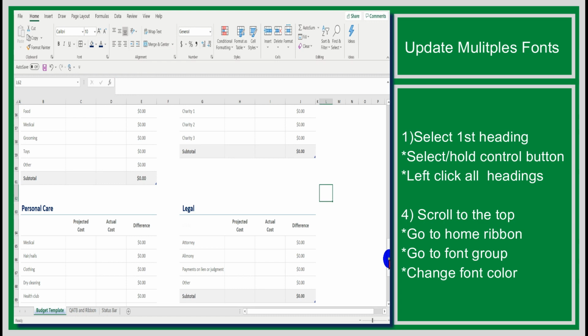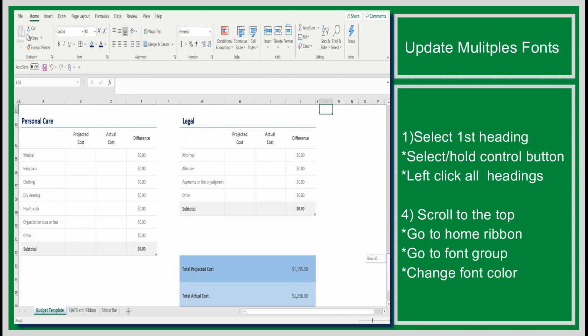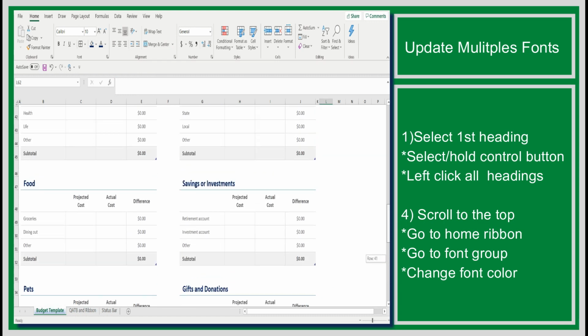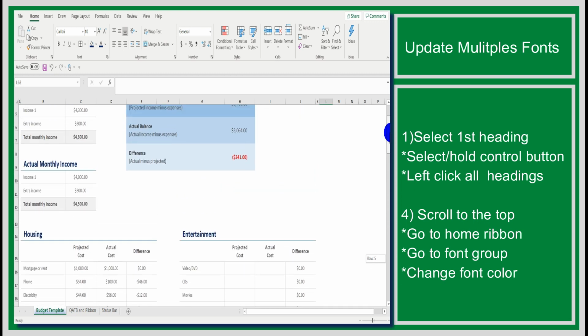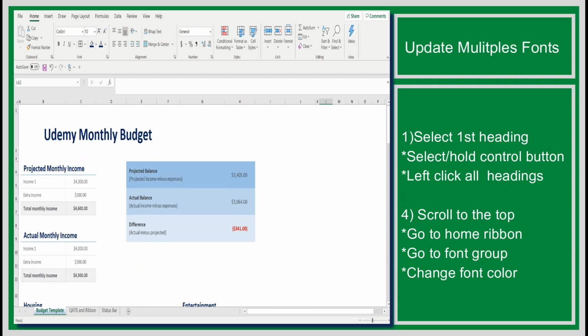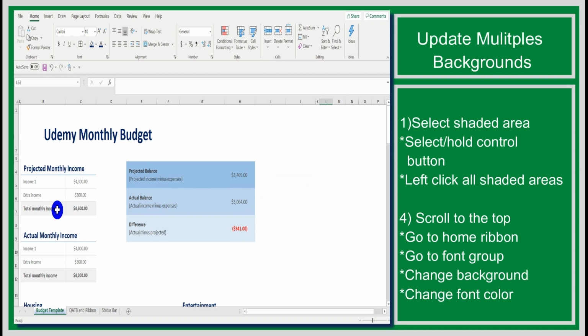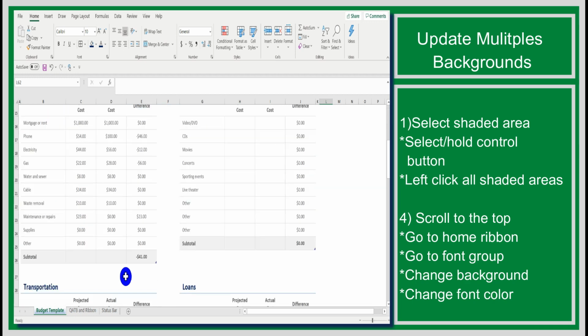And as you see, as I scroll through my worksheet, the updates have been made throughout the spreadsheet. Okay. Now, as I continue to look at this spreadsheet, I need to decide what else I would change. I'm not completely crazy about this light shading in my total fields. And I think I would like to go with a dark blue that'll kind of complement my